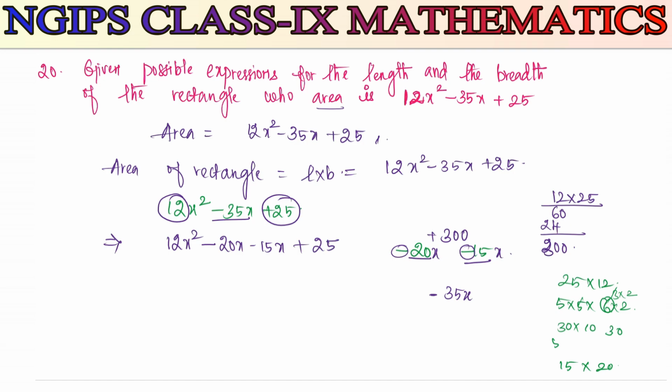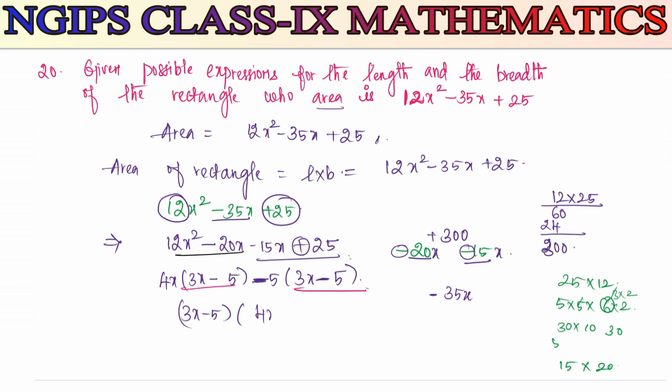Now again you have to group the terms. I can take the first two terms. When you take the first two terms, I can take 4x common. So the leftover here is 3x minus 5, since 4 5s are 20. Now from these two terms I can take minus 5 common. So the leftover is 3x, since 3 5s are 15, and the plus becomes minus because I took minus common here, 5 5s are 25. So again from this expression you can take 3x minus 5 common, and here also 3x minus 5 common. So 3x minus 5 is common. The leftover quotient is 4x minus 5.